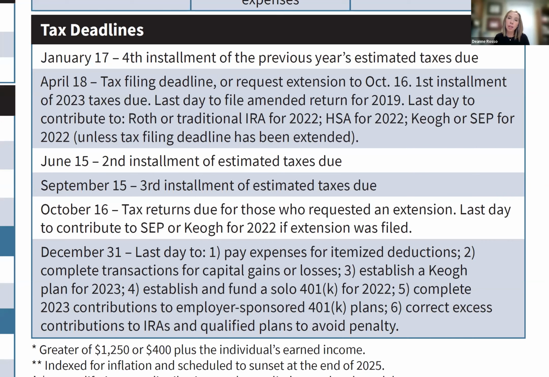So if at any time during the year you have made contributions, let's say to a Roth IRA, a Roth IRA typically has income limits associated with it. And a lot of times if you're on that edge of the income limit, and I'm going to show you that in just a minute, you won't necessarily know if your income is going to go above that amount until you get to mid-December, when you think, okay, particularly for self-employed individuals, my income is going to be above the limit this year. So the IRS gives you some time. By the end of the year, you're supposed to remove those contributions that you made during that year if you're going to be over the limit for that year. And December 31st is the deadline for that.